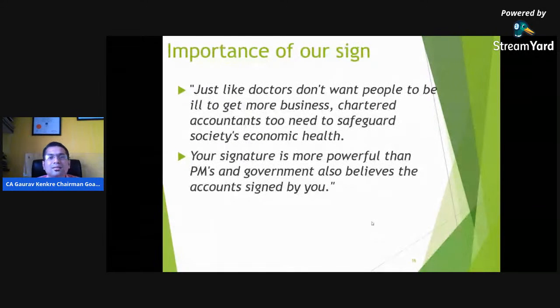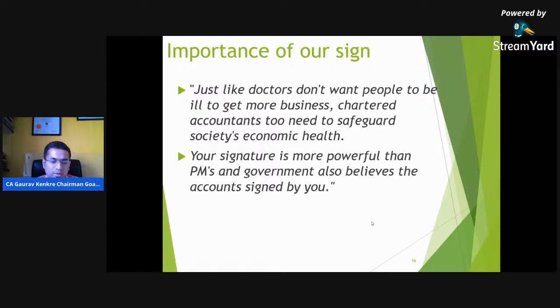So we need to realize that our sign is very important. People are trusting us, relying on us, and the day that they feel that our sign does not carry that weight, that value, the trust erodes. That will be the death knell for our profession. So in order to ensure that our profession thrives and survives through these tumultuous times, we need to attach a lot of significance and a lot of importance